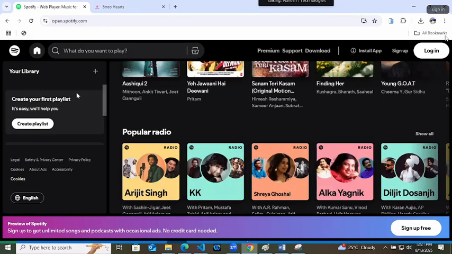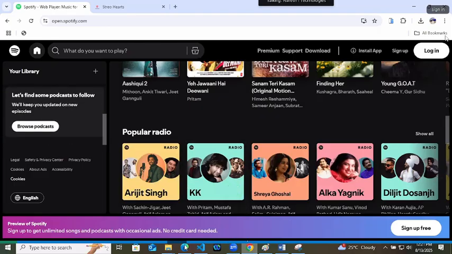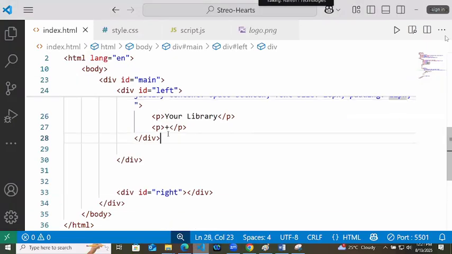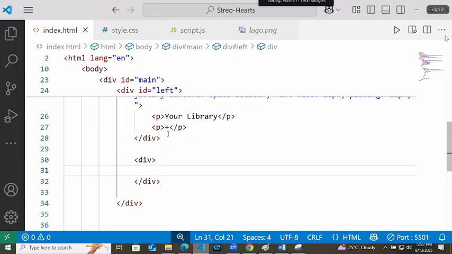Okay. After that, create your first playlist. So these kinds of things you can add here. So one more div I will add here.